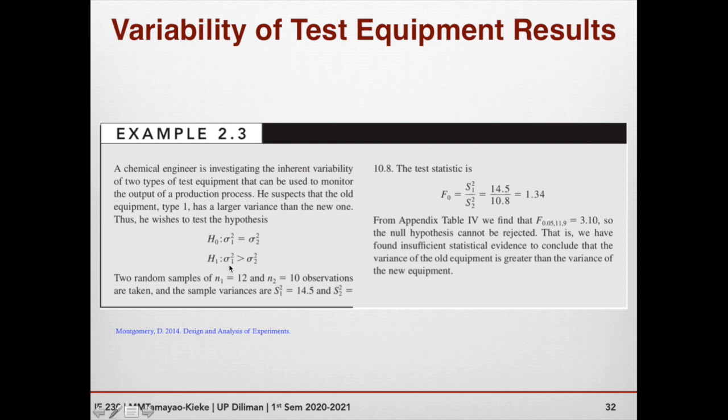So sigma 1 squared is the variance of the old, and sigma 2 squared is the variance of the new one. Now, two random samples of N1 equals 12 and N2 equals 10 observations are taken, and the sample variances are S1 squared equals 14.5 and S2 squared equals 10.8. Okay, so given that,